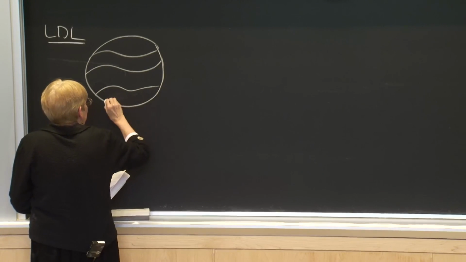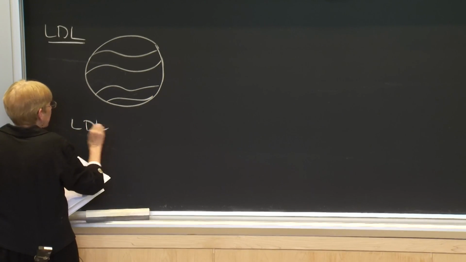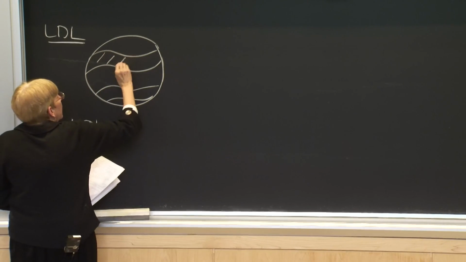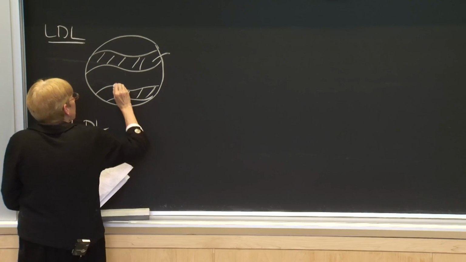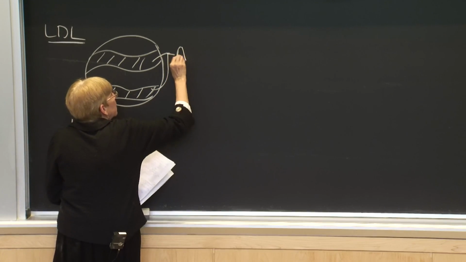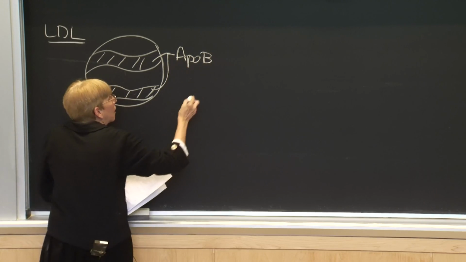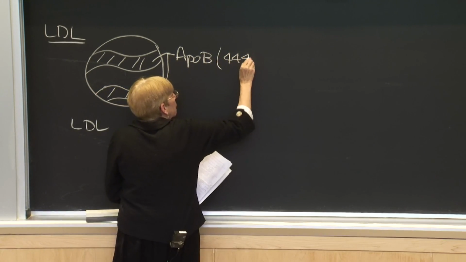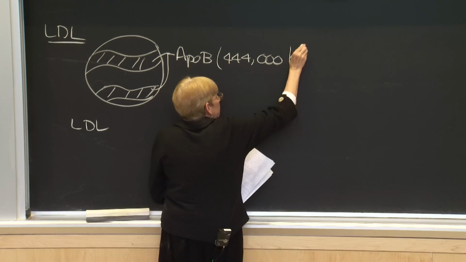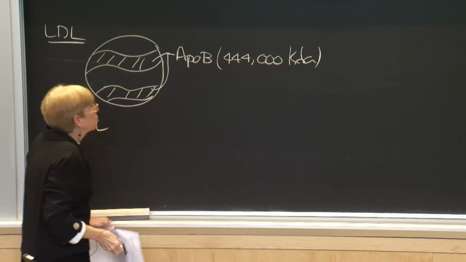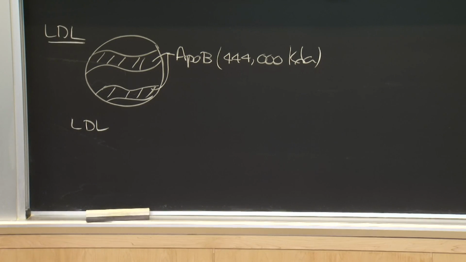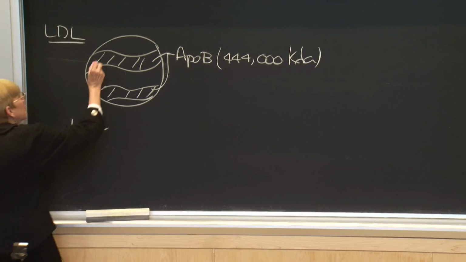The LDL particles, which is what we're going to be focusing on, low density lipoprotein particles, have only a single protein. And this protein is called ApoB. It's a huge protein, and it covers about 50% of the surface of the particle itself. Again, these things change in size. We'll see when we actually look at the transport process. What do we know? It's on the exterior. On the exterior, what you see,